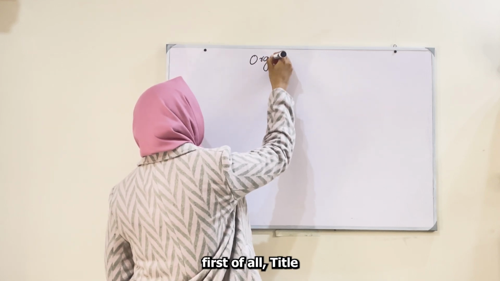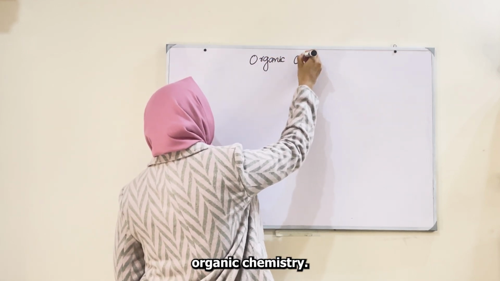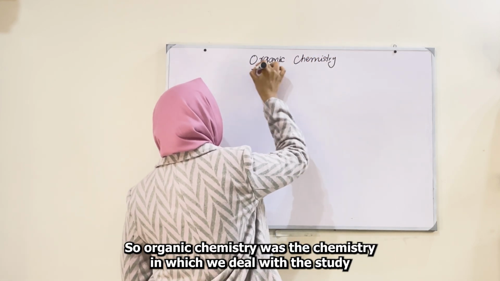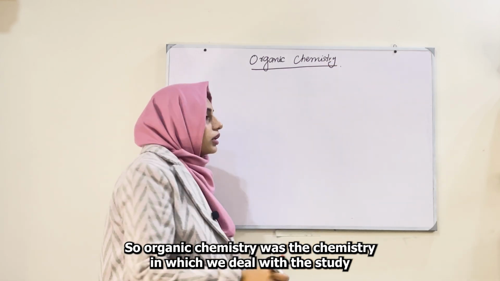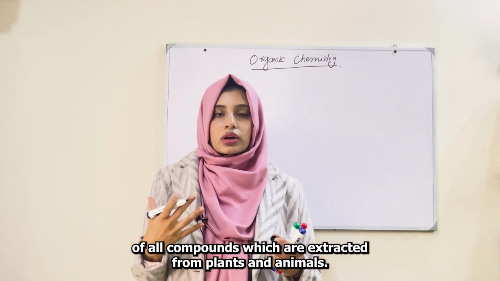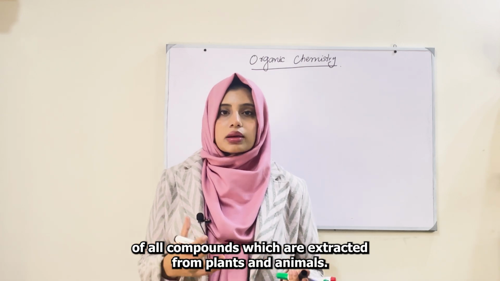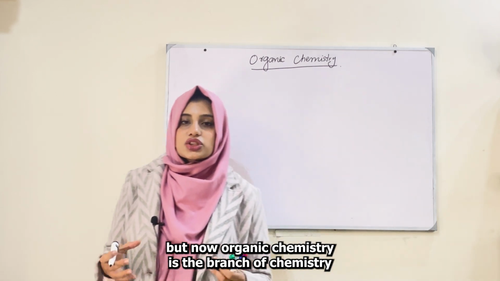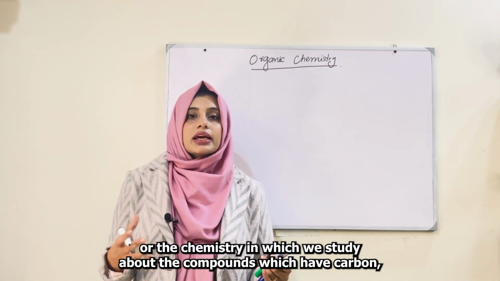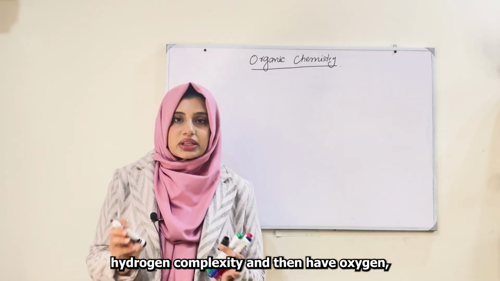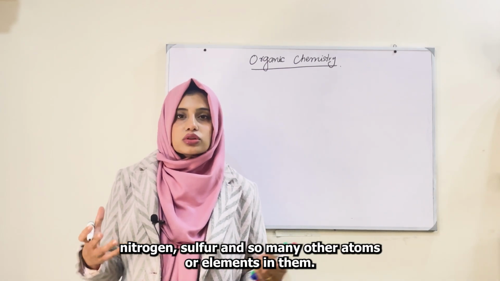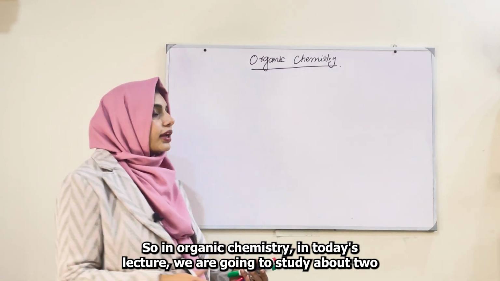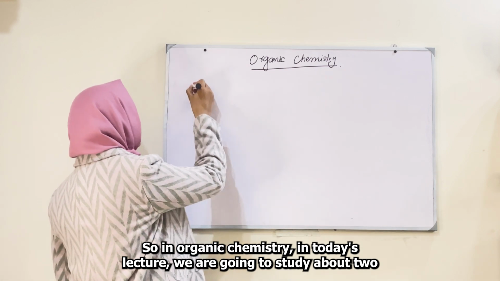First of all, title: organic chemistry. If you can recall, organic chemistry was the chemistry in which we deal with the study of compounds which are extracted from plants and animals. Initially it was believed that, but now organic chemistry is the branch of chemistry in which we study the compounds which have carbon and hydrogen compulsory, and then have oxygen, nitrogen, sulfur and so many other atoms or elements in them. So in today's lecture we are going to study